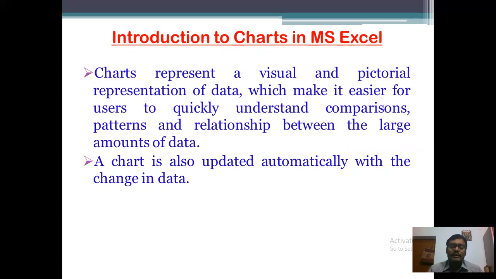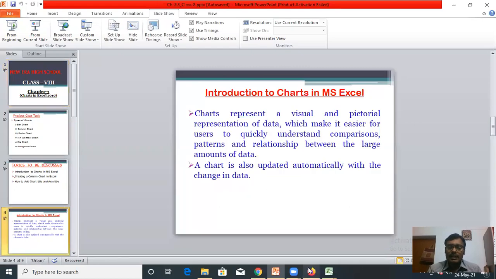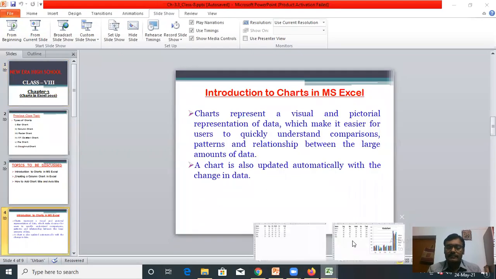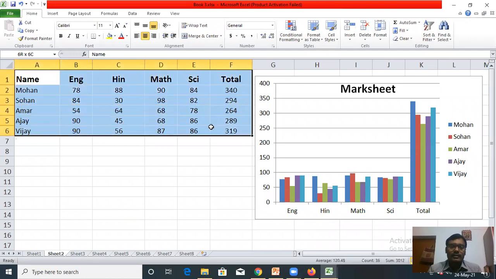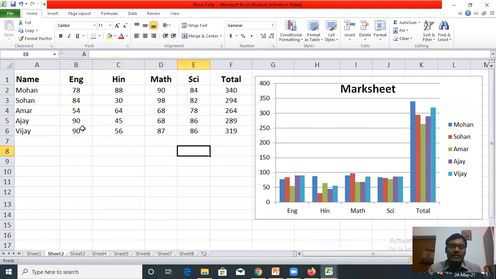So whenever you make any change in the data, your chart is also updated automatically. You can see this example. I have already created a chart. So this is the data, and according to this data, this chart has been created. Now you can see I will make some changes in data and the chart will be updated automatically.